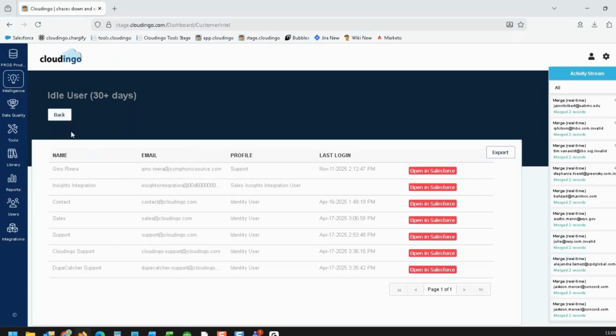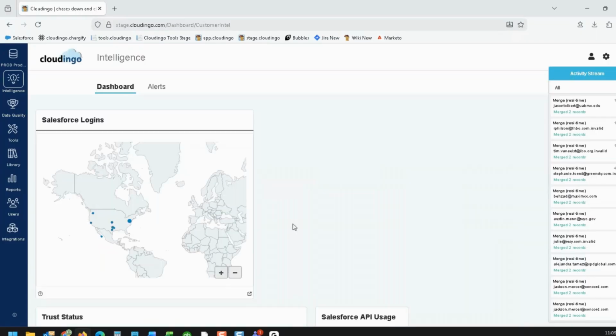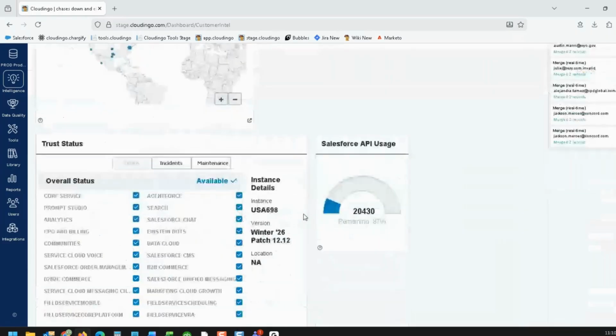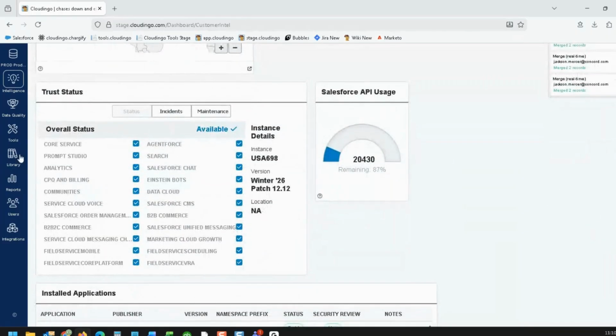Okay, so that's our security and monitoring component. We're going to move on to performance and reliability. I'm going to scroll right down here to the trust tile. So if you're not familiar, you should become familiar with Salesforce Trust. Salesforce Trust is a Salesforce-sponsored website where you can go to track performance and maintenance that's happening in your Salesforce